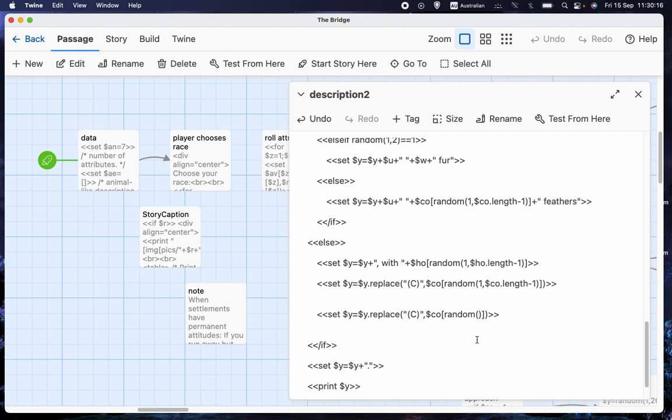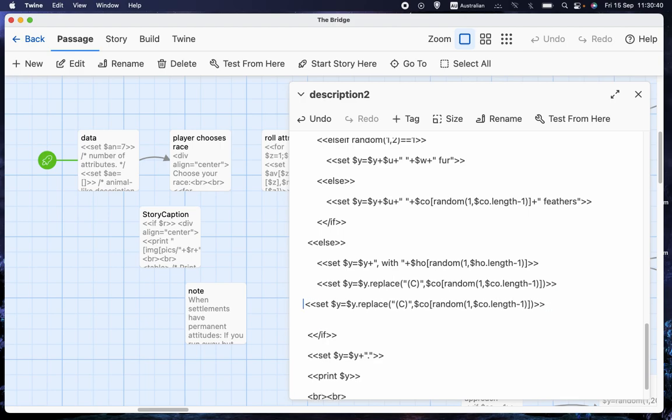And that's going to be 1 to something. And the thing it's going to be 2 is co.length minus 1. So as you can see, I've typed this out exactly. I'll move it up to make it a bit easier to see. We could easily see that